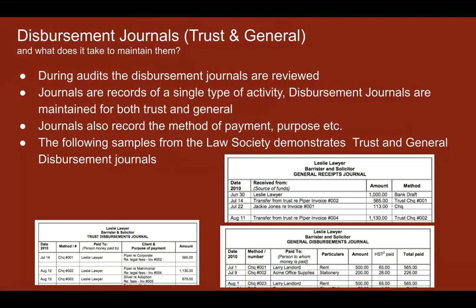Like, there'll be two for trust, two for general. Now, there'll be trust money that comes in that is seen in the trust receipt journal. And then there'll be similarly two for the general. Ledger is going to carry both the types of activity, so it does not have the more drill-down version of details.